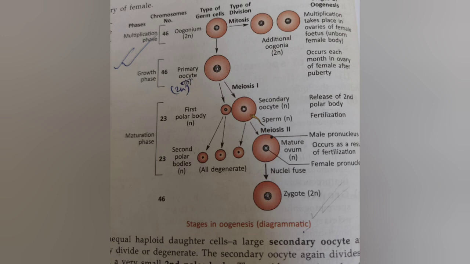Okay, now we are talking about the secondary oocyte here. The secondary oocyte, which is haploid, will again undergo cell division. This time it will undergo meiosis 2, that means the second meiotic division, which is the equational division. That means no change in chromosome number takes place. As you can see here, the chromosome number became half from that in the growth phase, from 46 it became 23, which is half. That means reductional division took place. But meiosis 2 is like an equational division, and thus no change in chromosome number takes place.